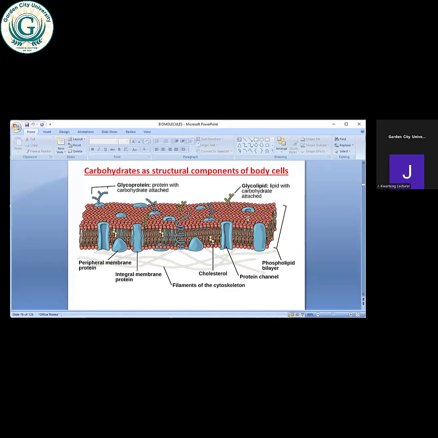So if you look at them, this is a typical plasma membrane for most of our cells. Are you okay? This is what we call the phospholipid bilayer. And you can see projecting from the surface of the cell, what do you see? You have a lot of what? Complex carbohydrates, glycolipid, and glycoproteins. These serve three important purposes. Number one, they act as receptors. Let's say together, receptors.